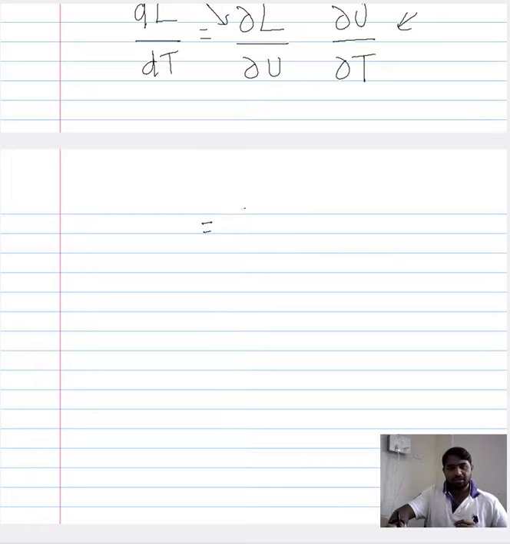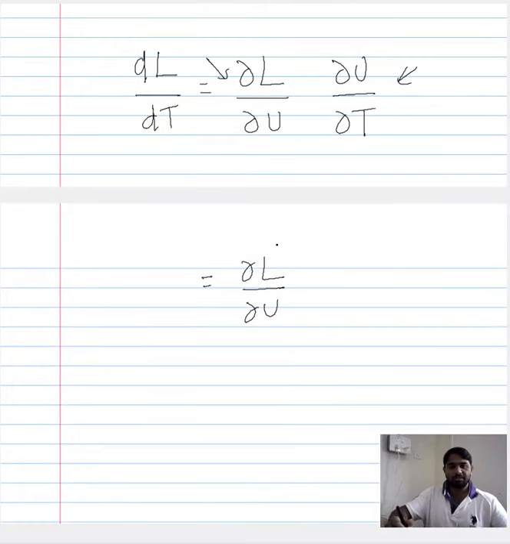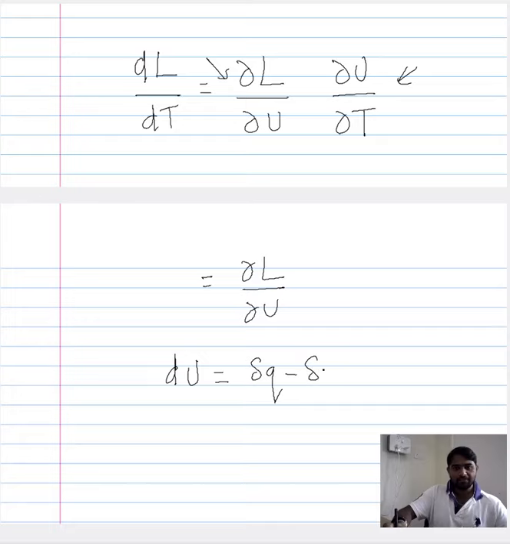Now for this argument, I'll just leave the first term here, and let's go back to our fundamental understanding, the first law of thermodynamics. You can relate this to the first law of thermodynamics. How can we do that? In the first law of thermodynamics, we saw that the change in the internal energy of the system is nothing but the heat fed into the system and the work done by the system. This is the first law of thermodynamics. Now assuming that there is no work done by the system, then what you would end up with is something like this.